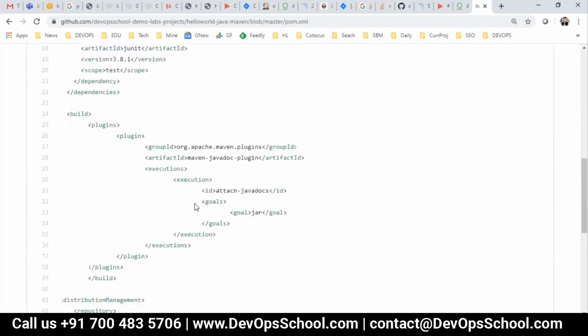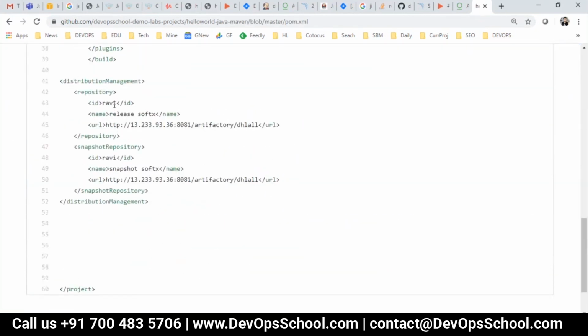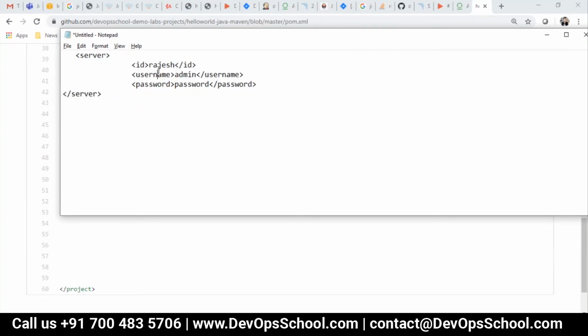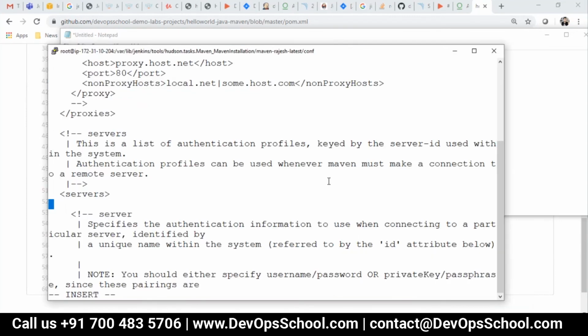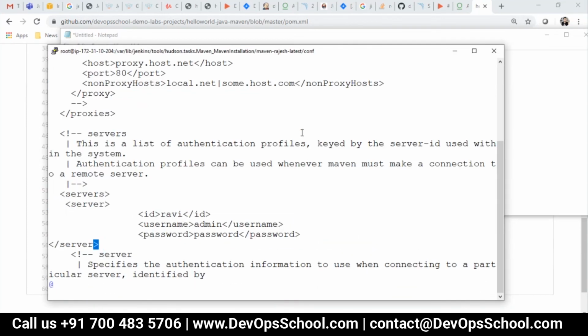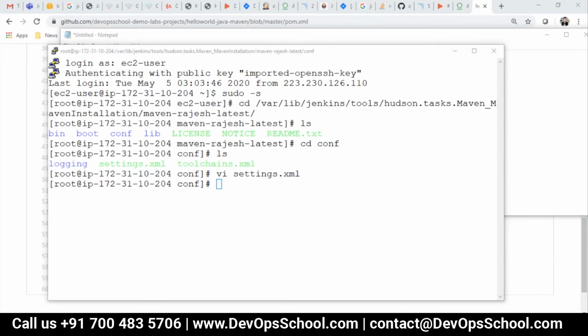In pom.xml, and here is the URL, copy, paste, and save it. Now, can I build now?